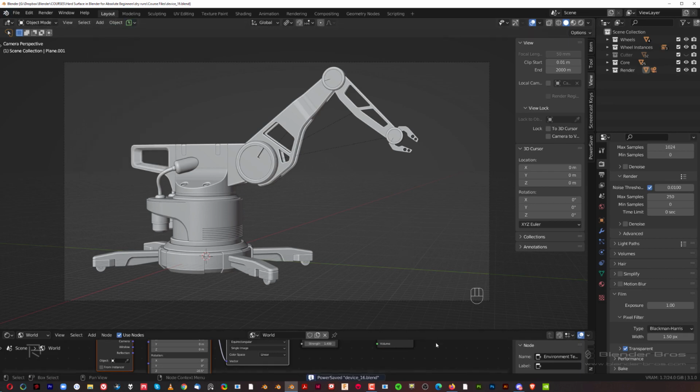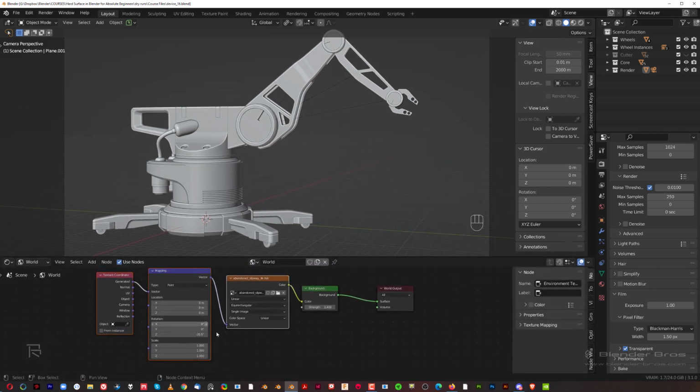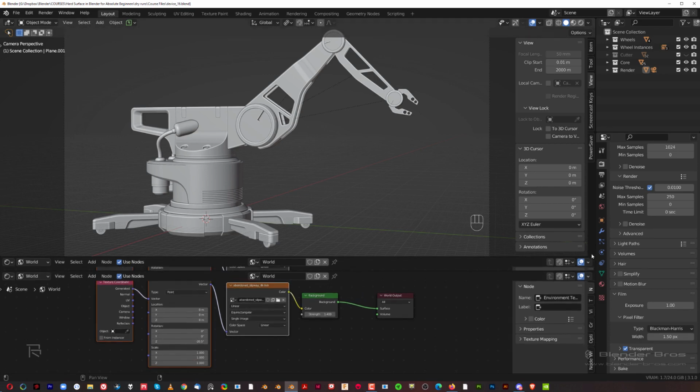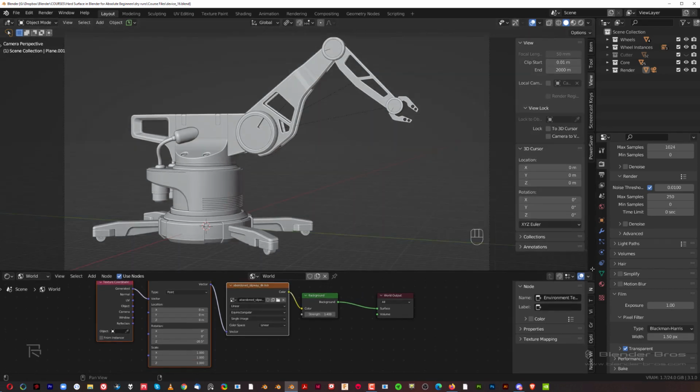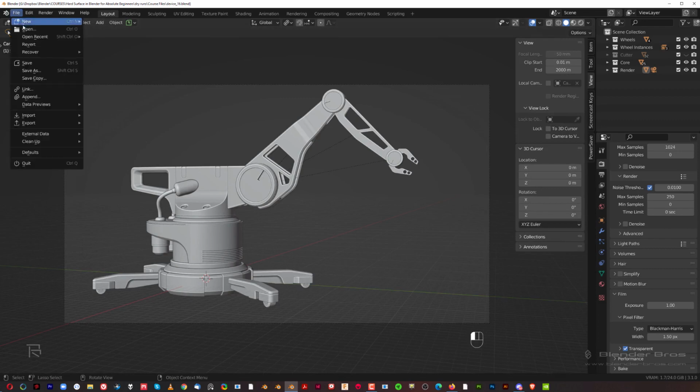Now, if you want to, for example, save this HDRI for the future, okay, in this blend file, what you need to do, you need to pack it into the blend file. Any textures, like for example decals or textures you're using for texturing, you want to export and for example send to someone or save for future and use it on a different computer. What you need to do, you need to pack them into the blend file. The way to do this is really easy, right? All you need to do is go here to file, go to external data, pack all resources, and then